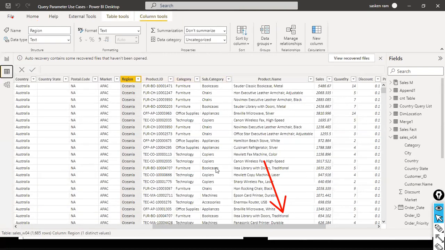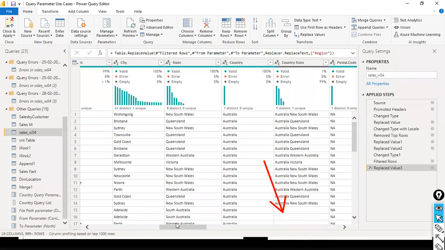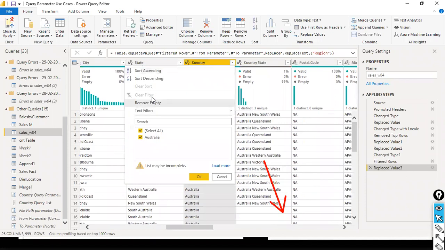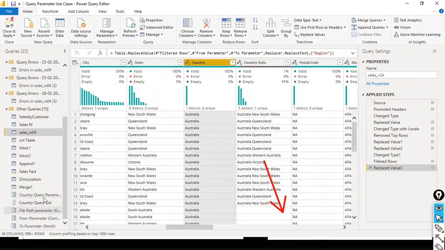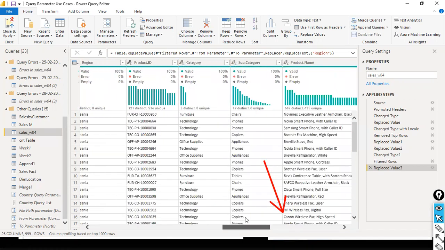It is selecting Australia here. It shows Australia, and the next one is